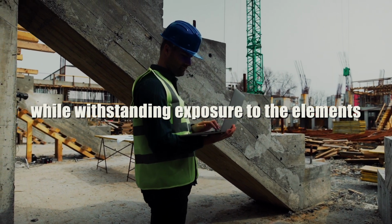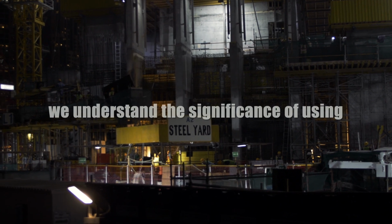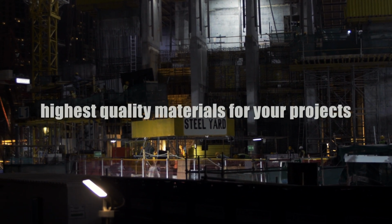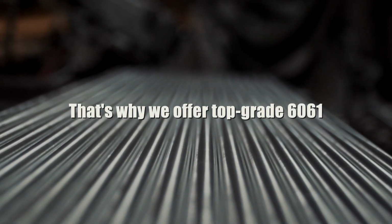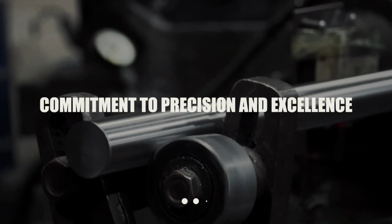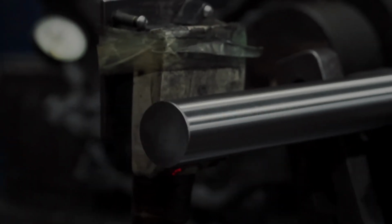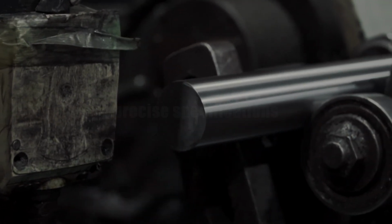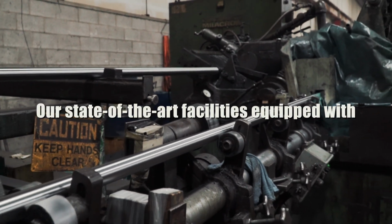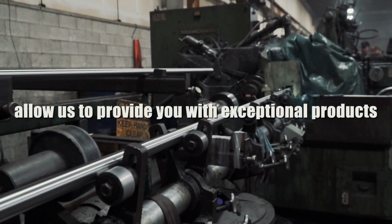to the elements. At O'Hare Precision Metals, we understand the significance of using the highest quality materials for your projects. That's why we offer top-grade 6061 aluminum round bar stock. With our commitment to precision and excellence, we ensure that each 6061 aluminum bar meets stringent quality standards and precise specifications. Our state-of-the-art facilities, equipped with cutting-edge machinery and a team of skilled professionals, allow us to provide you with